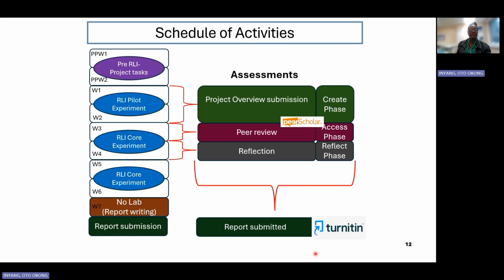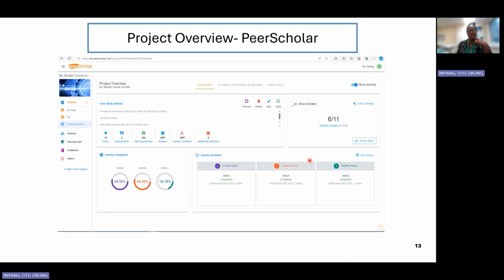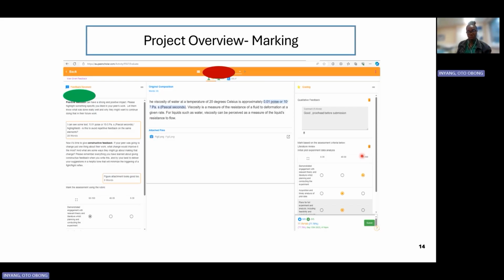And then for the project peer scholar, this is how the peer scholar looks like. So you have the project, the assessment that is provided, and then you have create, assess, and reflect phase. Each of those have timelines, and then the supervisor grades the student through that. And for the student, what it looks like on the platform is that the student provides